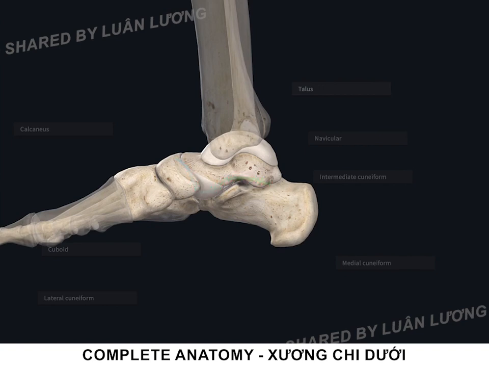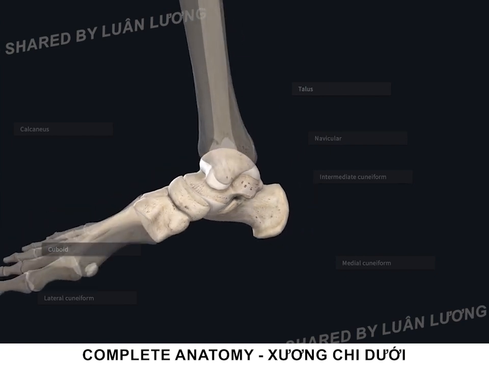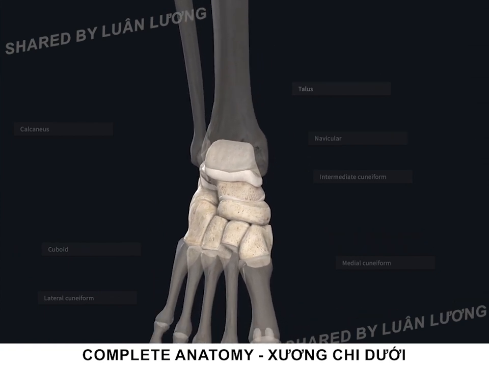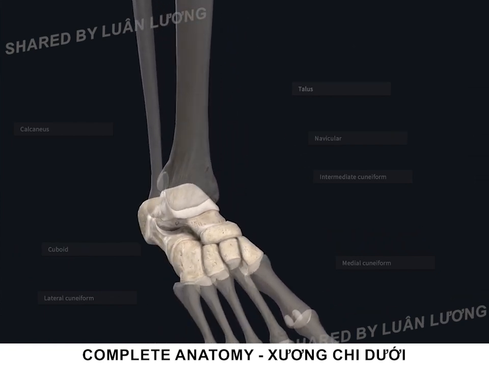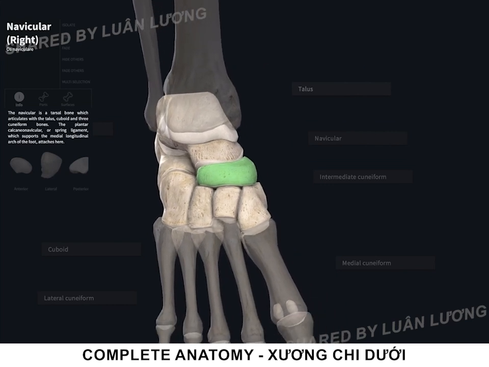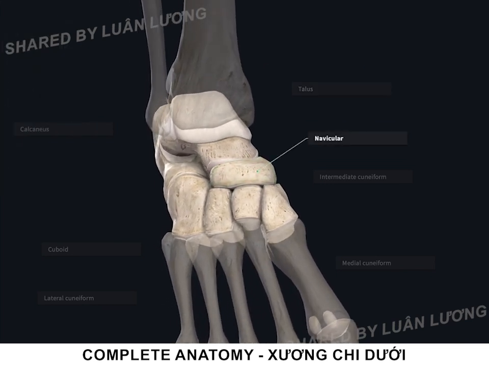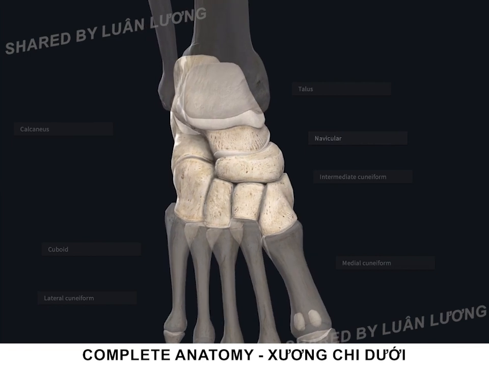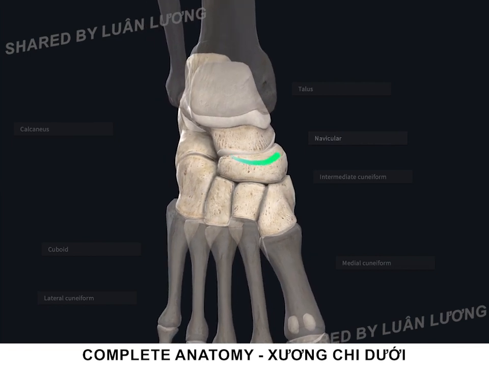And this is one of the joints in our foot that is going to allow for rotational types of movement, otherwise known as inversion and eversion. And what we can see is that the talus is going to actually meet up with two bones. Anteriorly, it meets up with a small boat-shaped bone known as the navicular. And you may recall that this sounds something like navy, which means ship in Latin. And thus the navicular has this nice, smooth, kind of canoe or boat-shaped appearance, and it's located anterior to the